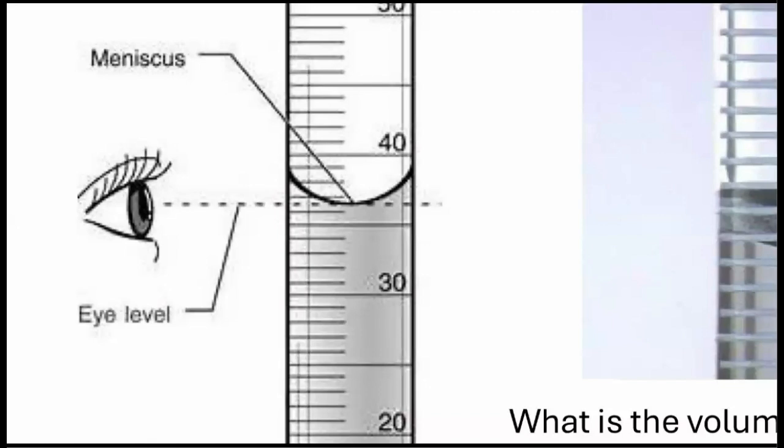is at least 36 milliliters, and then I have to write an estimate. The estimated digit is always needed. I'm going to estimate that this is going to be 0.7. So the correct value for the volume of this liquid in this instrument will be 36.7